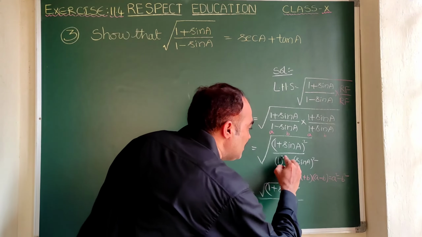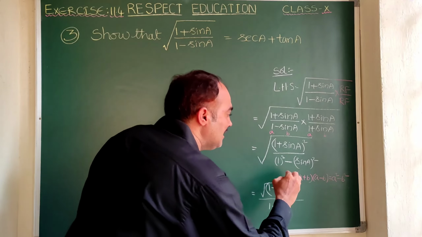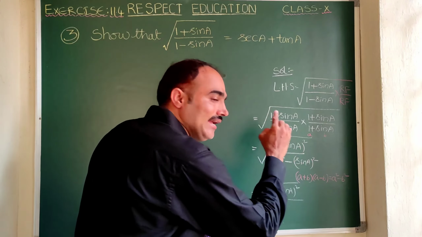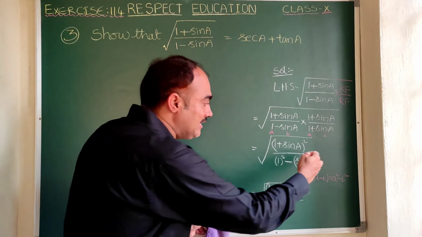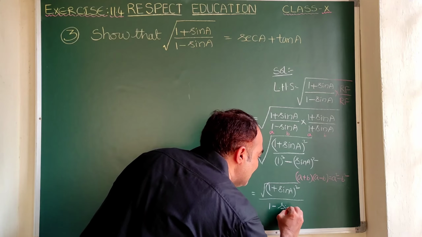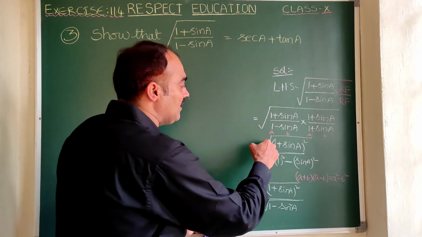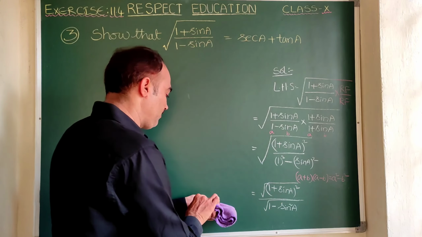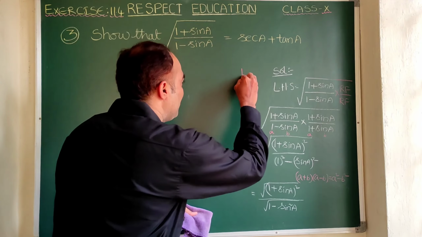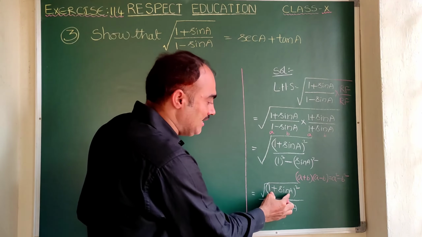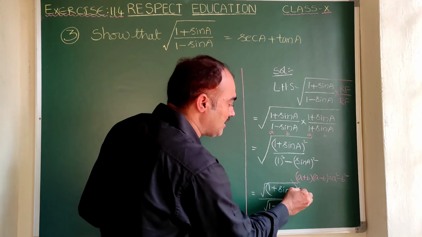Here 1 minus sin A whole square can be written as sin square A, but not sin A square. It is sin square A. 1 minus sin square A, for this again another square root. This square root is split for both. Now let us move this side. It is a single quantity 1 plus sin A. Its square and root both get cancelled. So in the numerator you will get 1 plus sin A.